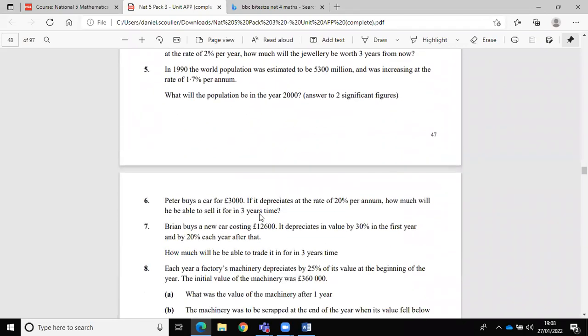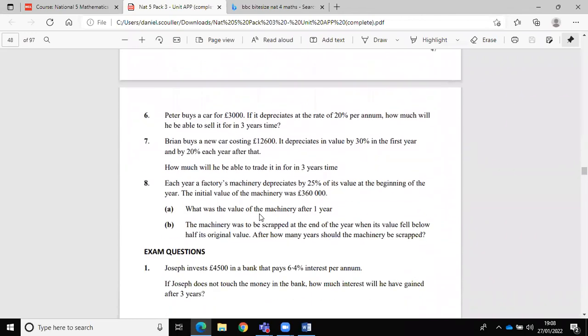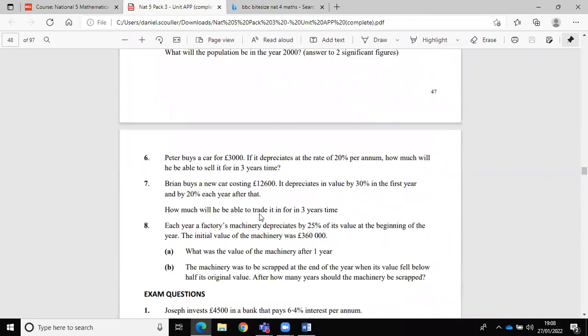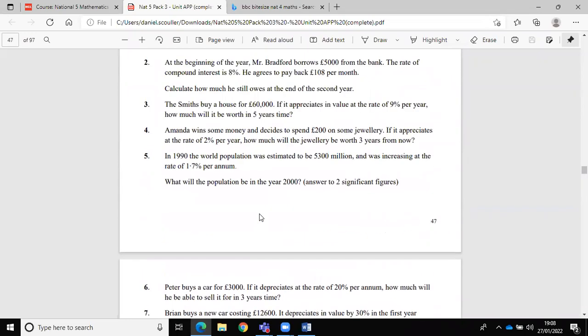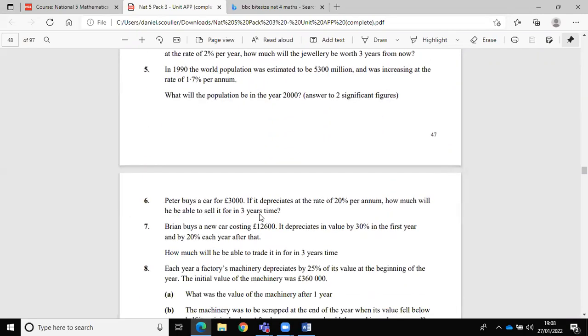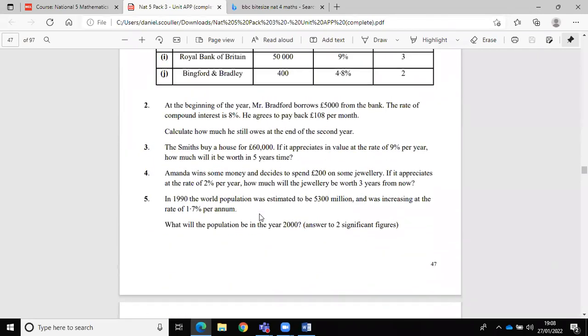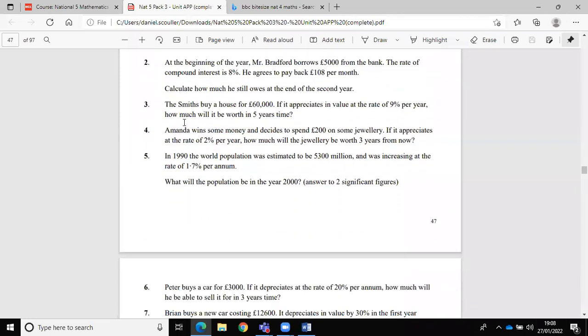5 is the same. Okay, so 3, 4, 5, 6. 3, 4, and 5 really, is that? Okay, because we've not done depreciation. So if we do question 3, 4, and 5, if you work on that,